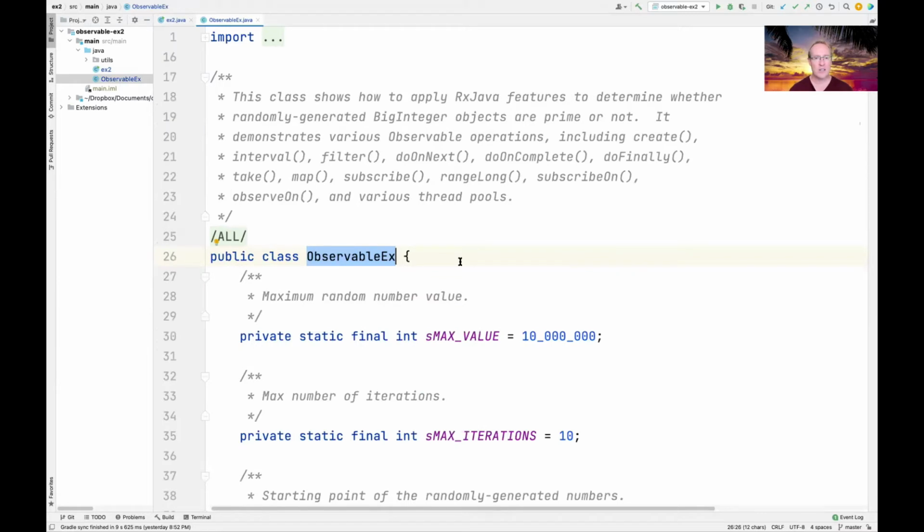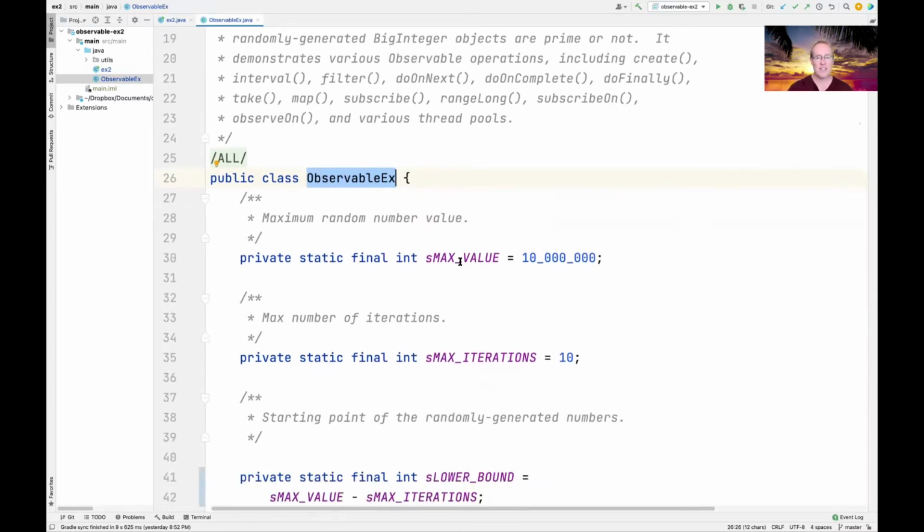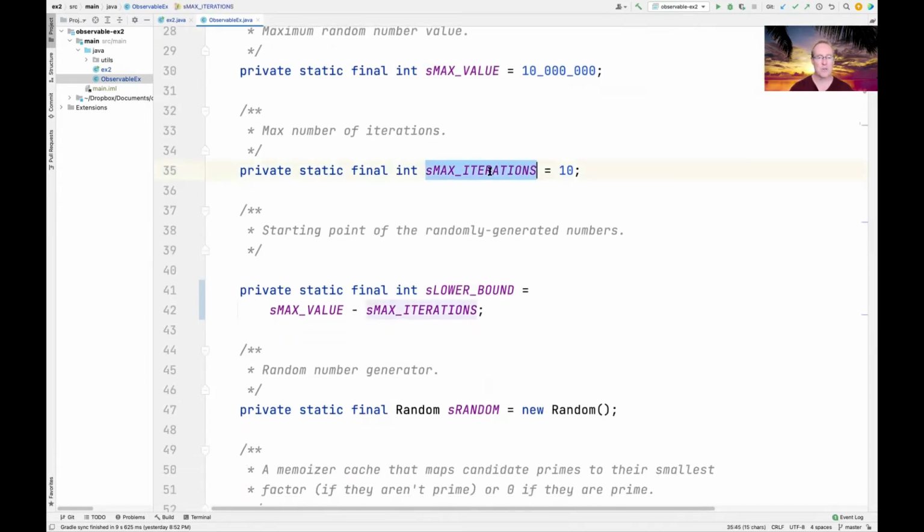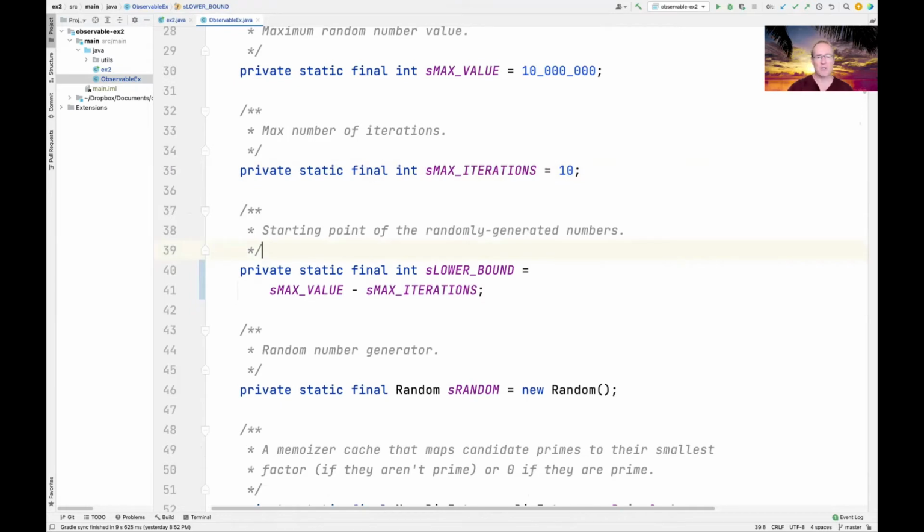So now let's go ahead and take a look at the observable ex file. This is where the interesting things get done. We start by defining a few fields. We have something called sMaxValue, which is the largest random number that we're going to generate here. We also have another field that's used to determine the maximum number of iterations we're going to run. And then we also have a field called sLowerBound, which is used to be the starting point for the randomly